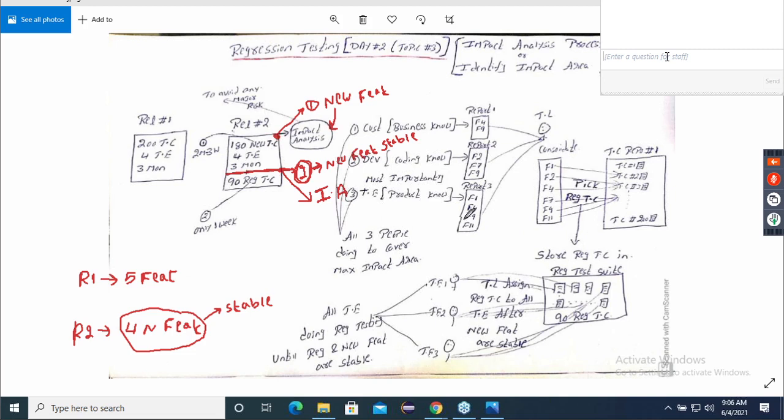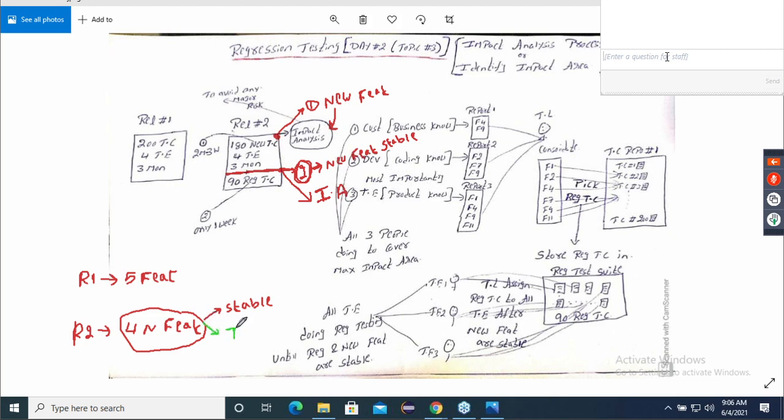According to the diagram, 1 week is left. So within 1 week, you have to identify the impact area, and the project is over. Yes or no? Within 1 week, we also have to hand over the application to the customer. Yes or no? Yes.